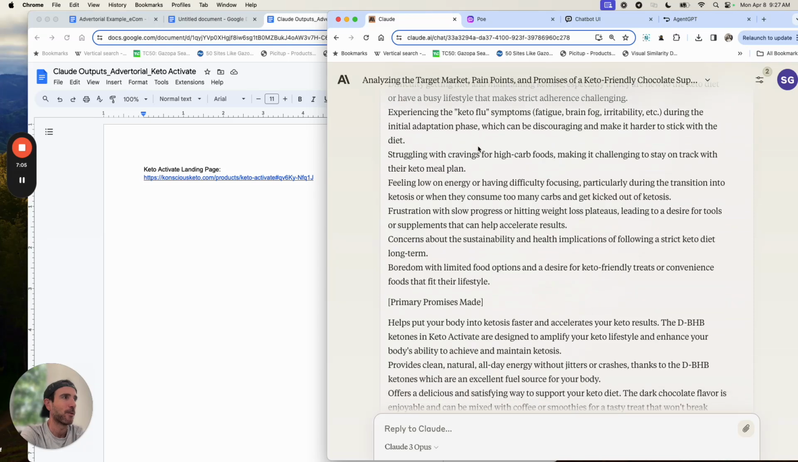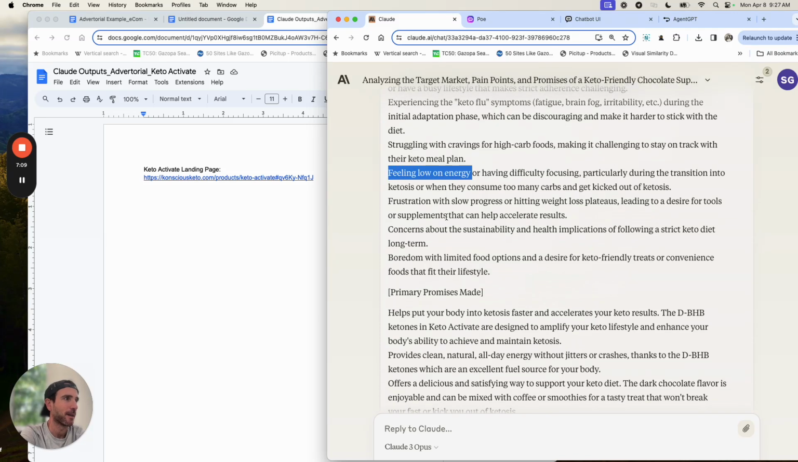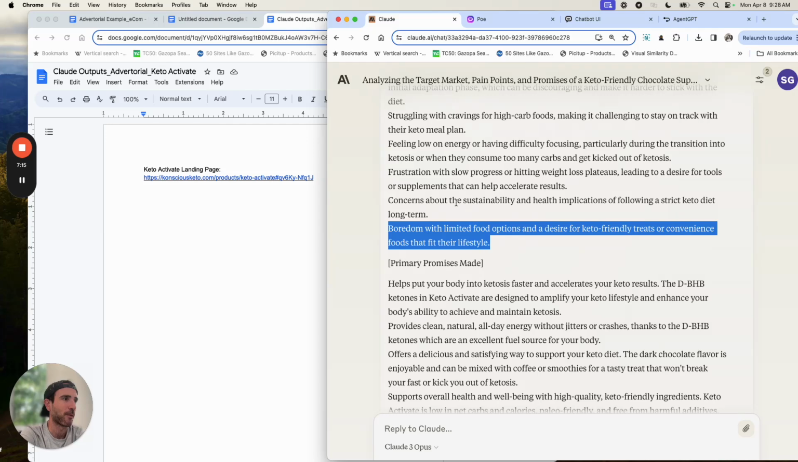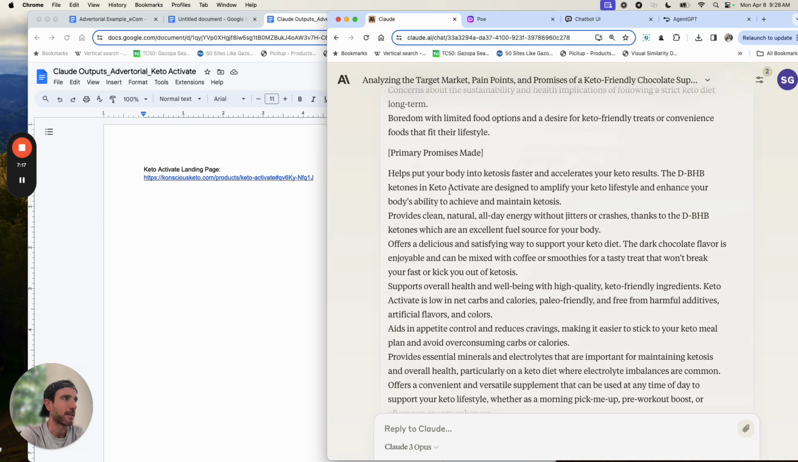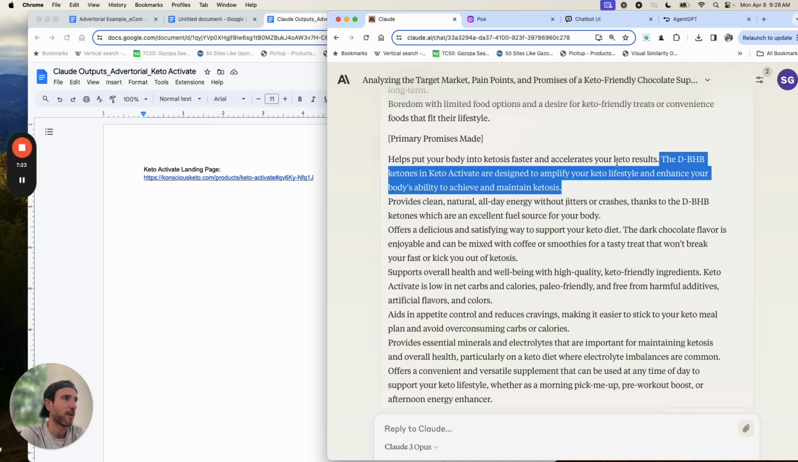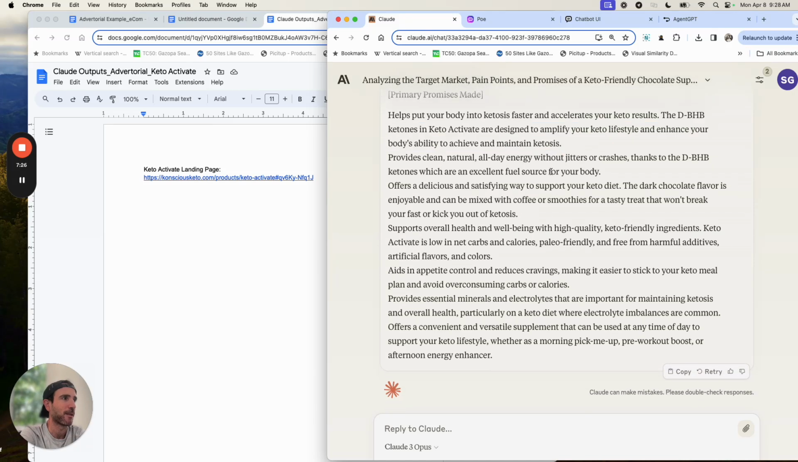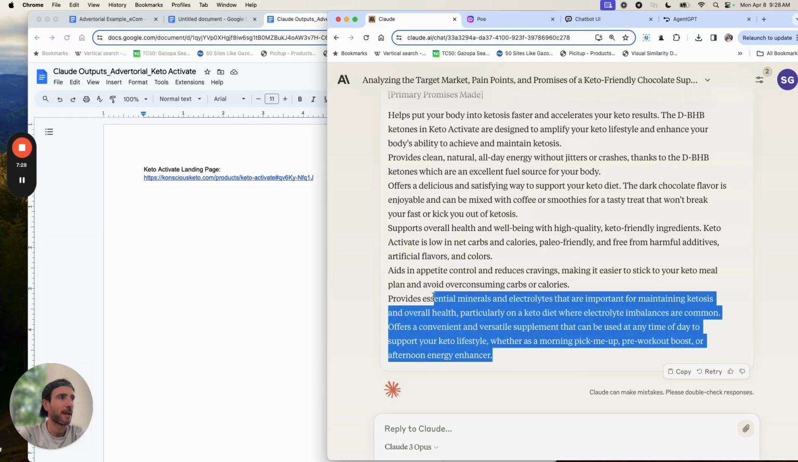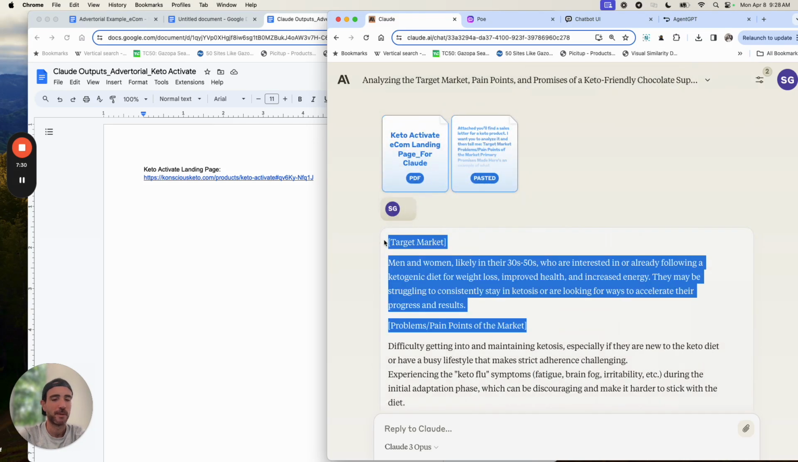Experiencing the keto flu. Struggling with cravings. Feeling low on energy. Frustration with slow progress. Concerns about sustainability and health implications, boredom of limited food options. Promise. Helps put your body into ketosis faster, accelerates your ketosis results. The BHB ketones help with this, provides clean all natural energy, supports health, yada yada. Okay, cool. All we're gonna do, take this,